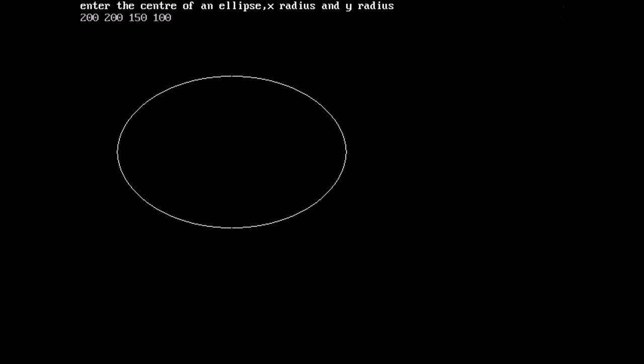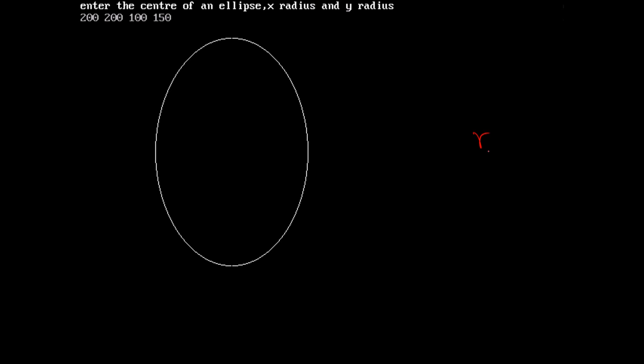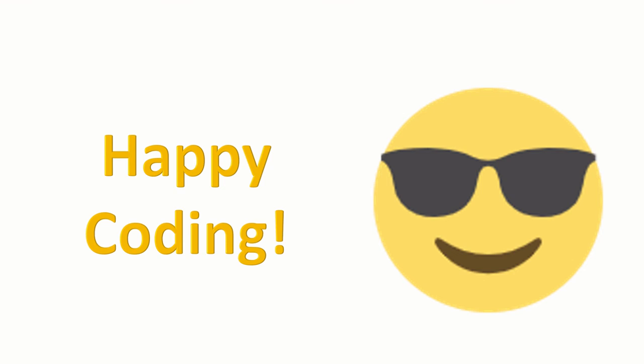If this is the input, that is I am giving rx greater than ry, I will be getting an ellipse along the x-axis. If ry is greater than rx, we get an ellipse along the y-axis. So for all the inputs, we will be getting a beautiful ellipse drawn like this. Please refer to the theory before writing this particular code. Wish you a happy coding.